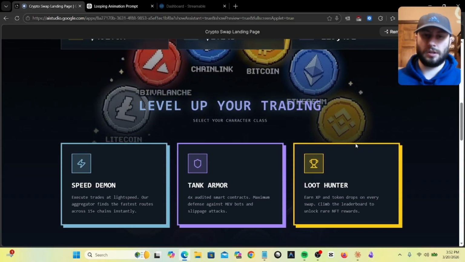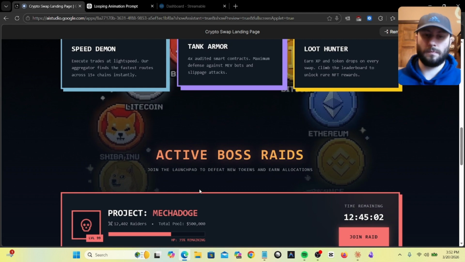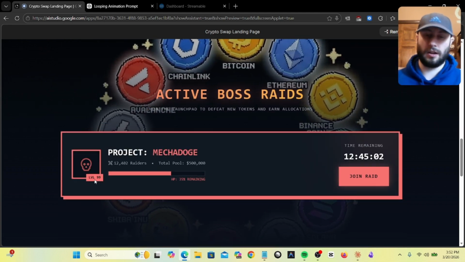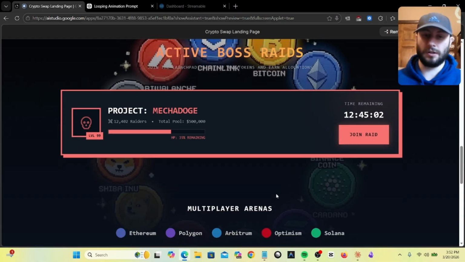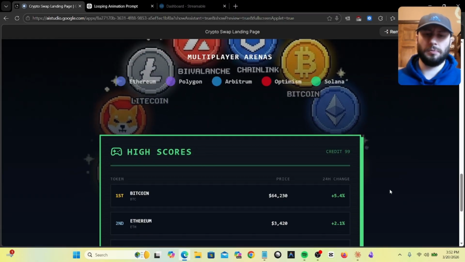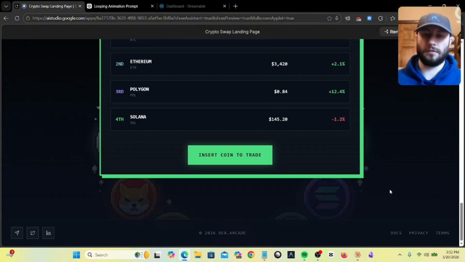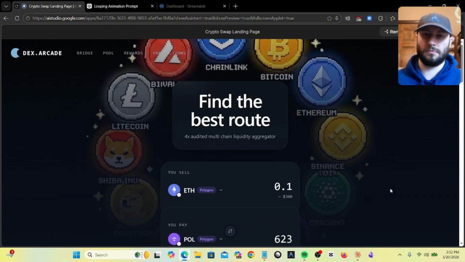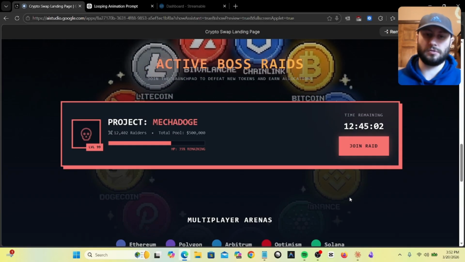A little volume stats, level up your trading, active boss raids, Mecha Doge. I don't know what this is, but okay. Multiplayer arenas. None of this makes any sense to me, but